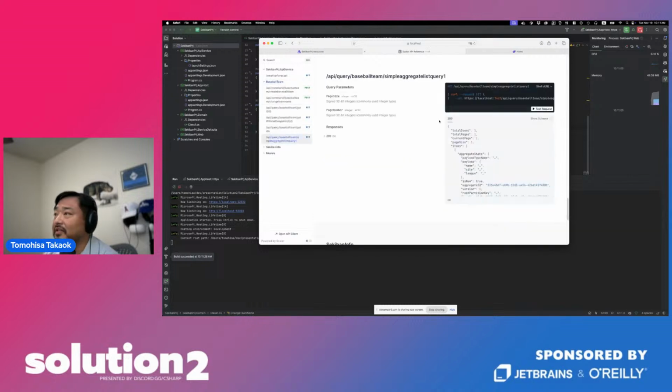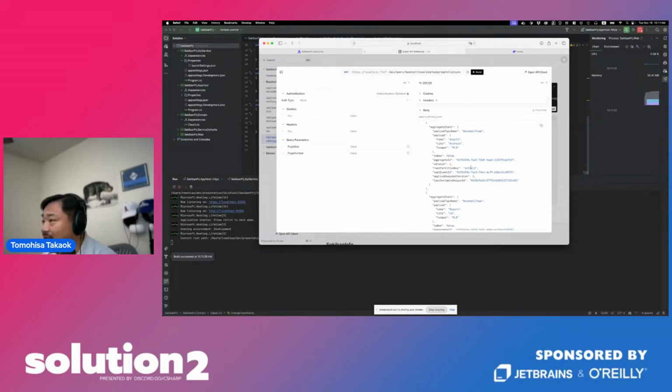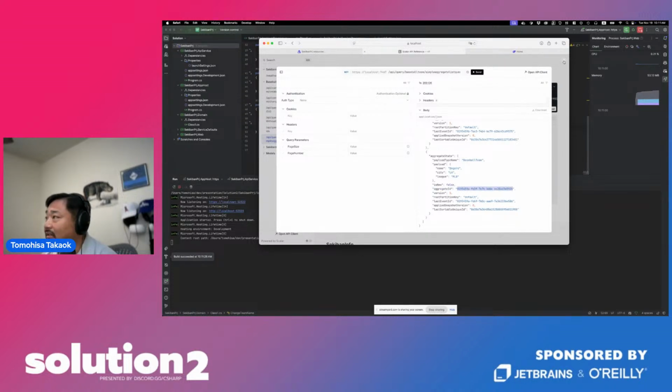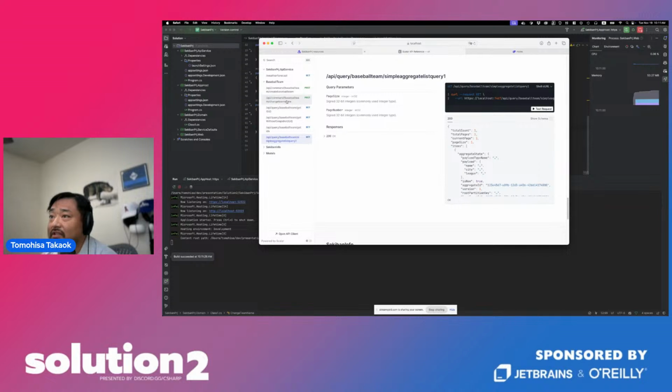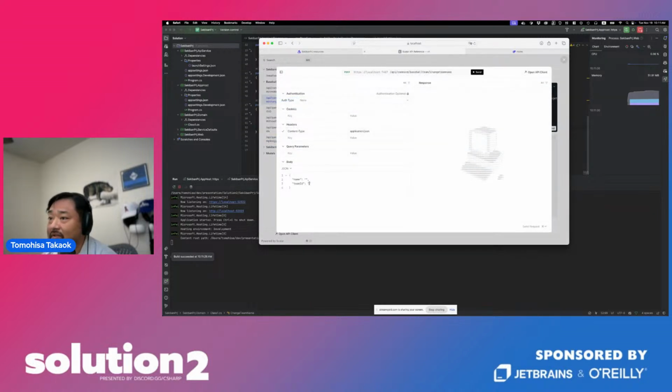So now get the data, and then let's see the Dodgers aggregate ID, and this, and then open up the change team name, and then executing with team ID, this one, and name is DODGERS.